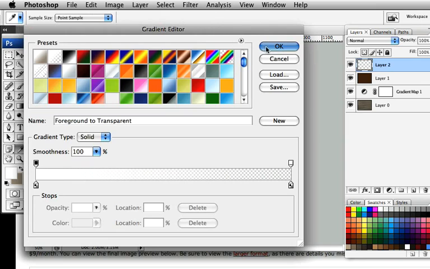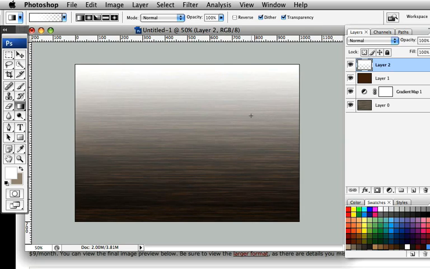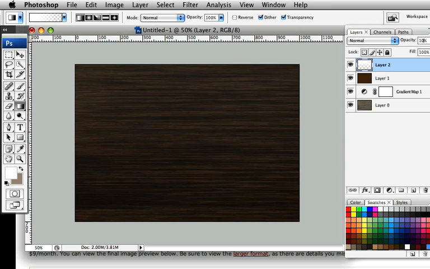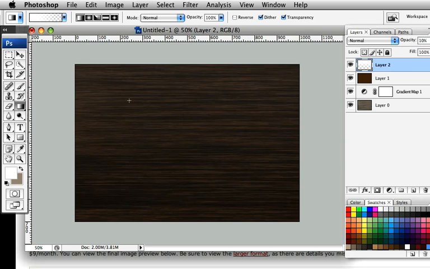There we go. And we're going to have it on linear, and we're going to go from top to bottom like so, and then reduce the opacity down to about 10%, just so we have a little highlight at the top and a darker area at the bottom. In fact, I might just reverse that. Oh no, actually that's pretty good. Let's leave it on 10%. I was going to lighten up the bottom area and darken the top, but I think that looks pretty good